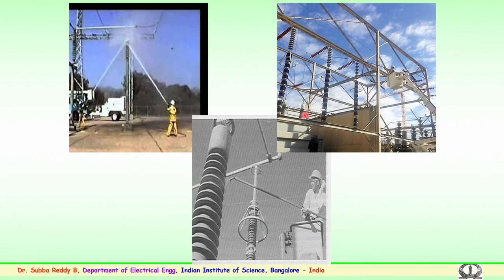These are all some of the methods which are used for live line maintenance, that is, during the power supply energized conditions, to clean the insulators at substations or transmission or distribution networks. So, these give you an idea of proper methods to be followed with necessary safety measures and using the safety equipment for the cleaning.